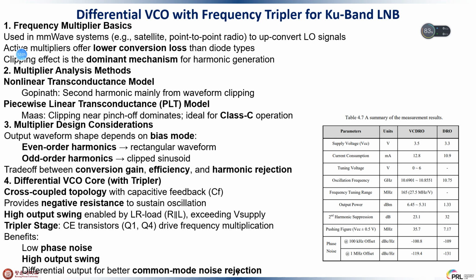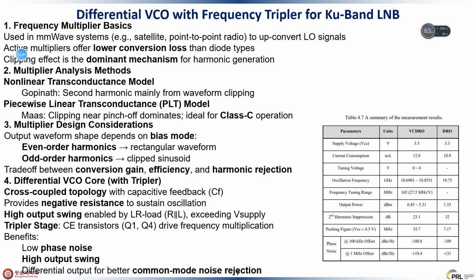And the second one is the multiplier analysis method, and it has two methods. One is the nonlinear transconductance model, and then the piecewise linear transconductance model. And the third one is the multiplier design consideration. And the fourth is the differential VCO core with the tripler. And for the detailed